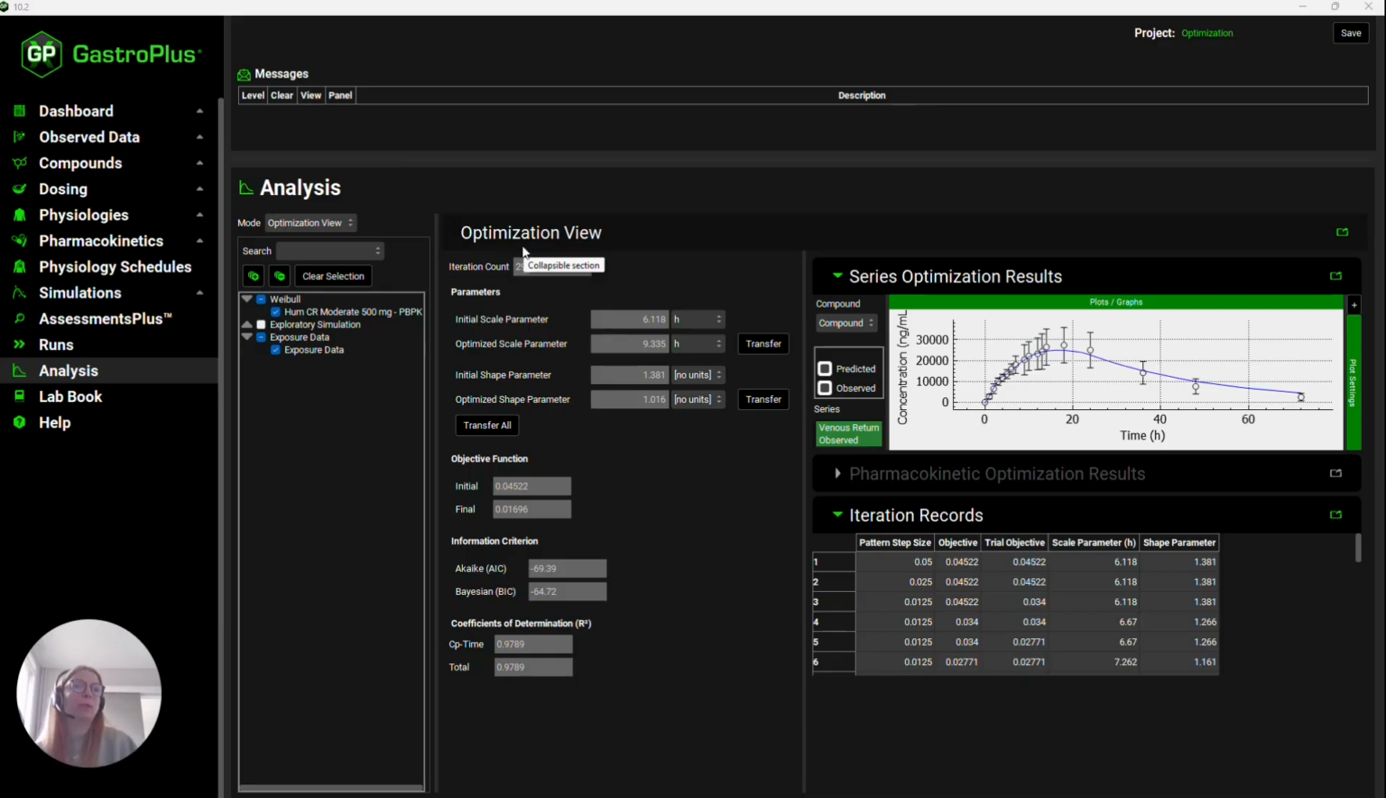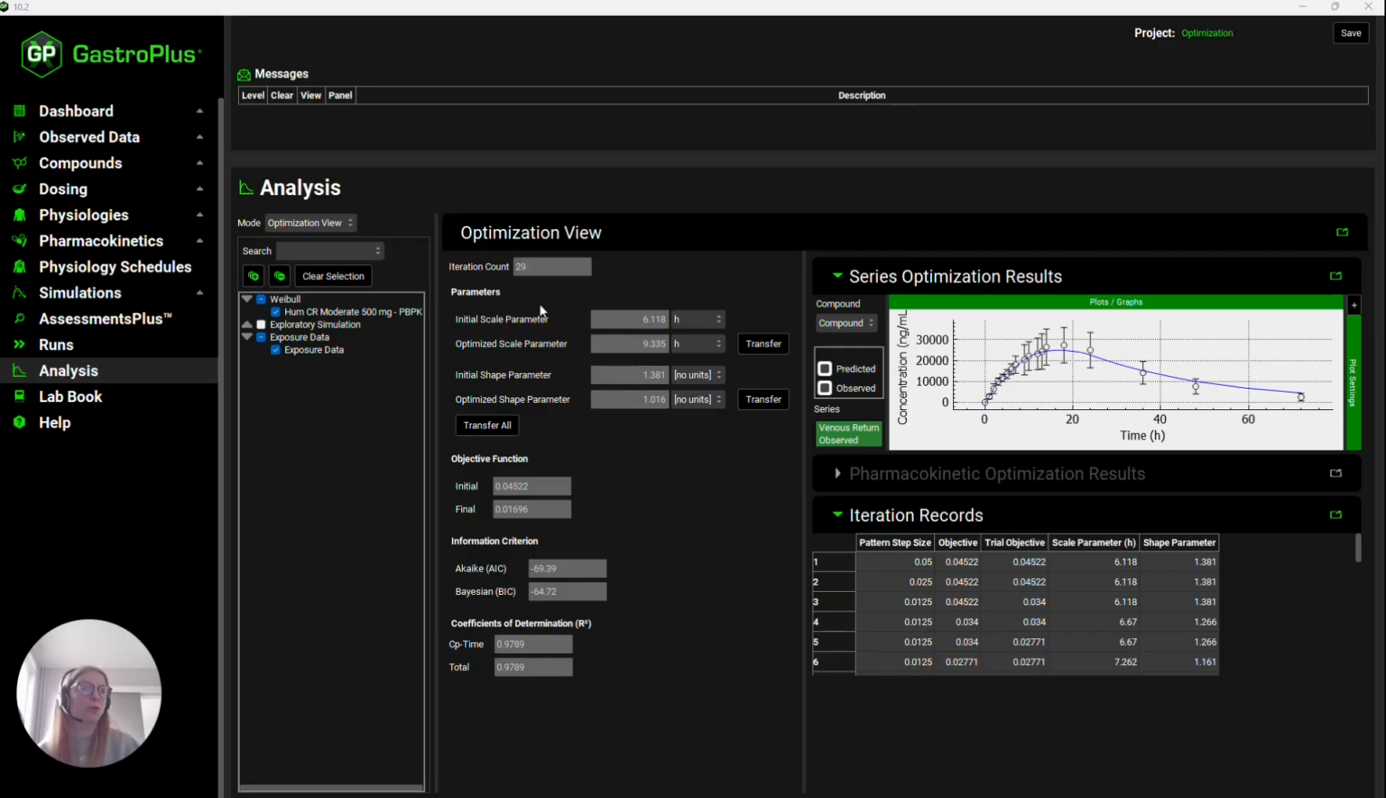This optimization view displays the initial parameter values as well as the optimized values. In our case, you have the initial scale parameter and the optimized value, same for the shape parameter. Next to each optimized value, you have this transfer button, which enables the final value to be transferred to the appropriate input field. If you prefer, you can click on this transfer all button, which will automatically transfer all of the optimized values